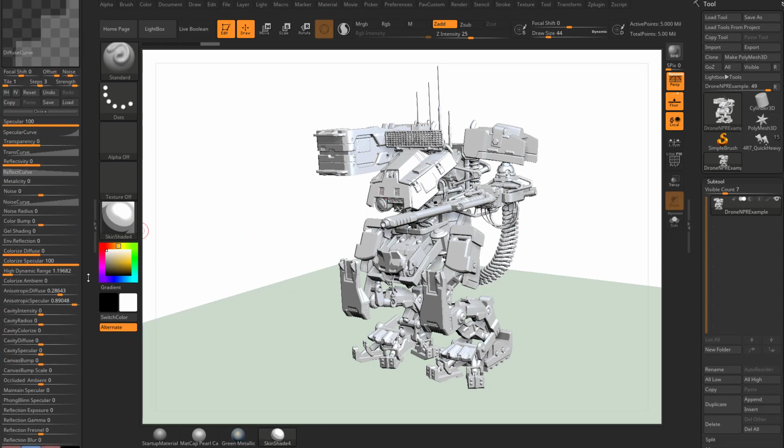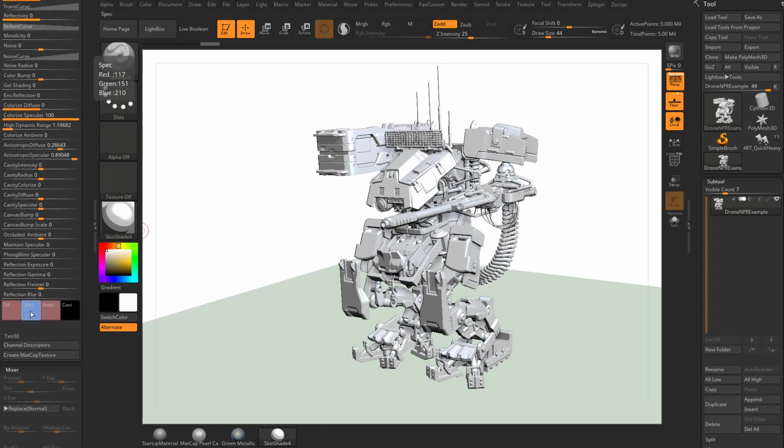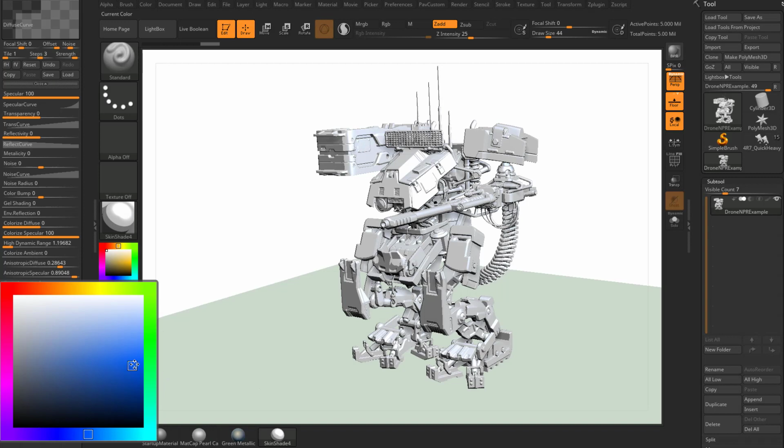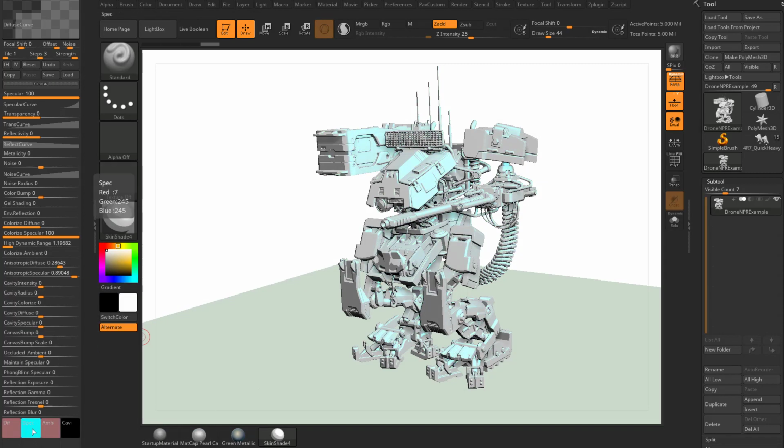And in fact, if you go down here, you're going to see our spec color is turned blue. So that's why you can see there's kind of a blue tint right here. If you change the specular color to anything else, you just click on that, and you can change it to green or red. We'll go ahead and keep it blue for now. But if you want to have that color selected, but you don't want to see it, just change that specular down to 0, and it won't affect it. But let's go ahead and keep that up to 100,